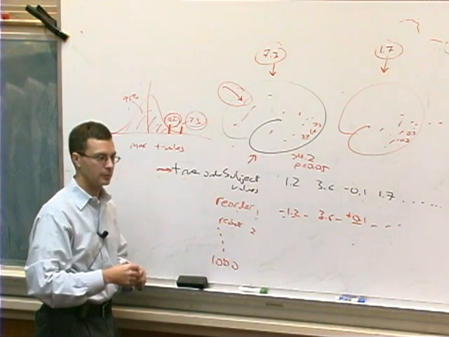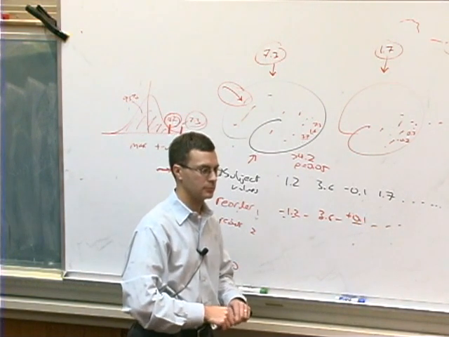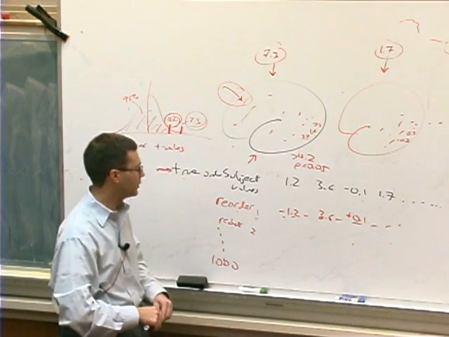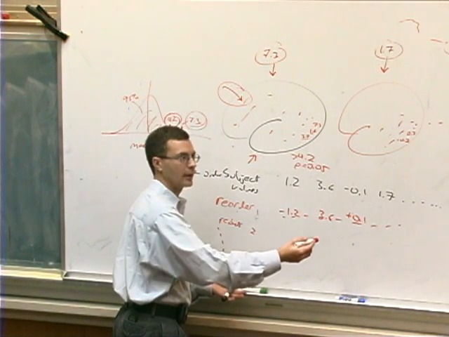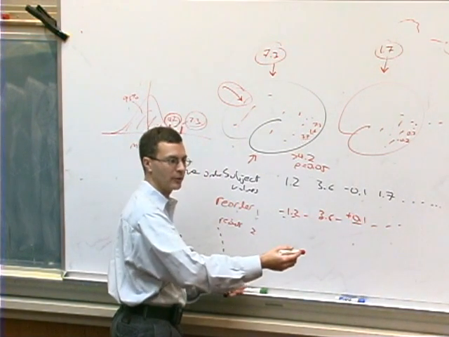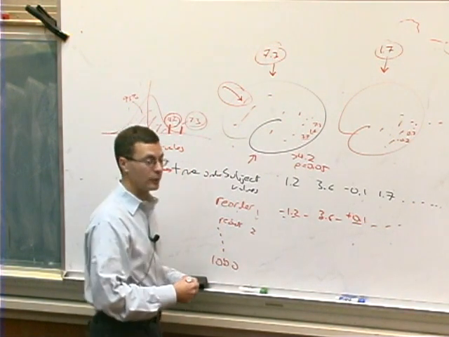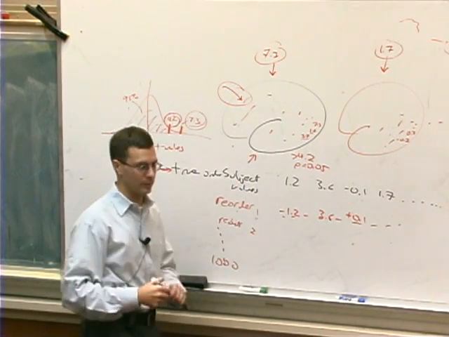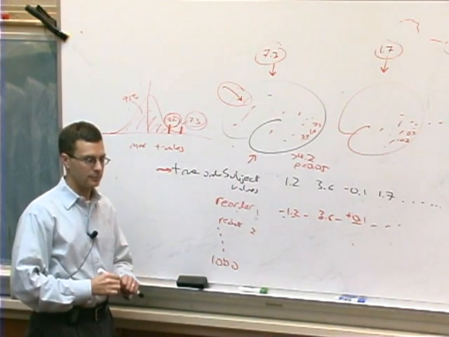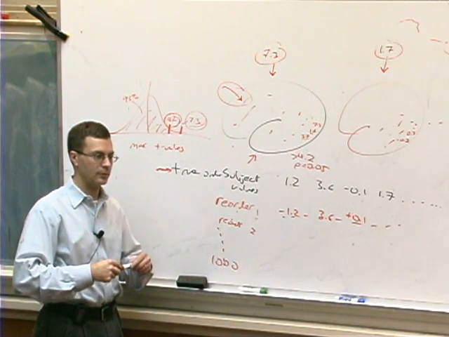Yes? Do you have to have a minimum number of data points in order to use this method? Right. So the question is, what if I only had 3 measurements? There are only 3 times 2 times 1, or 6, permutations of 3 measurements. So that really wouldn't give me enough permutations to be able to do this. That's right. So you really have to start getting above 10 measurements to make this permutation possible. Once you have above about 10 measurements, you can do the permutation, because you'll have over 1,000 permutations of that.